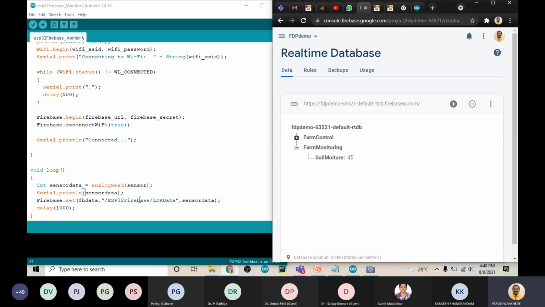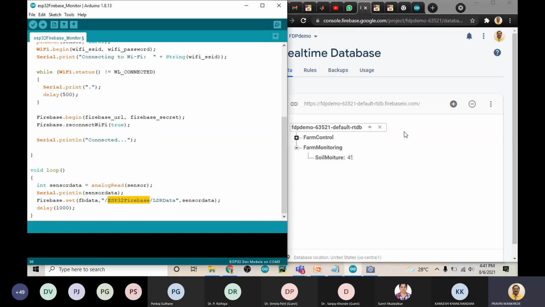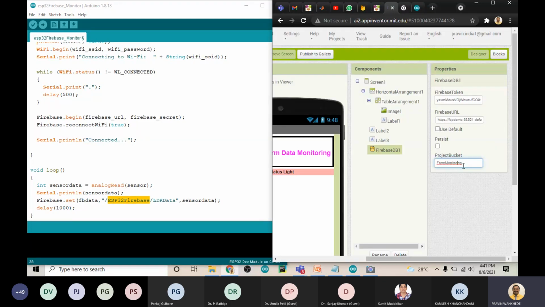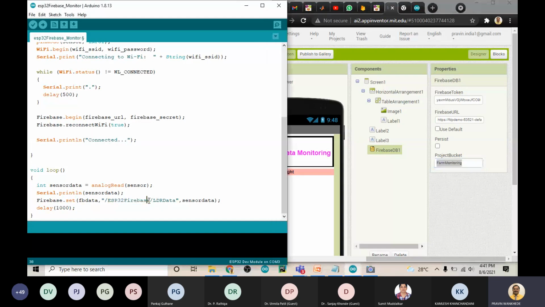So my bucket name is what? This one. So here, what is the bucket name? We'll go to the App Inventor. Whatever your bucket name is, just copy it and put it here. So this is my bucket, and in the bucket,